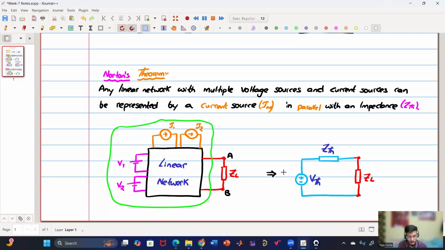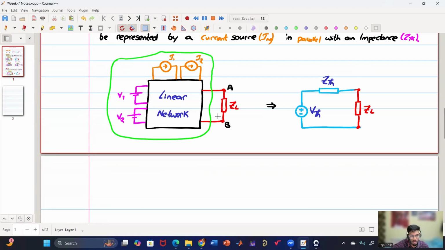Then it will be easy for you to understand. There is one application which is very famous. Say I want to maximize the power that is being transferred to this ZL. I have a network. Now what should I be connecting at ZL so that the power transferred to this ZL will be maximum? In that case, how will you know? From the circuit, it would be difficult to find what is the value of ZL so that the maximum power